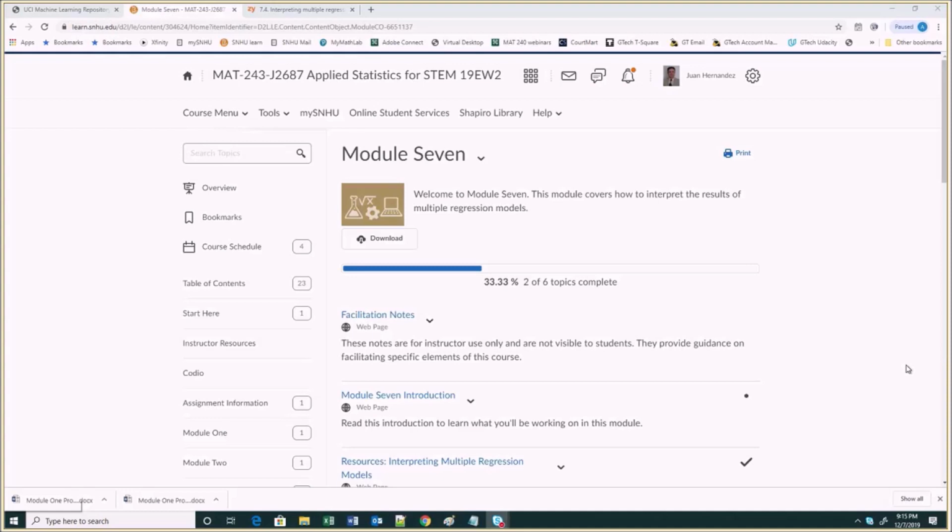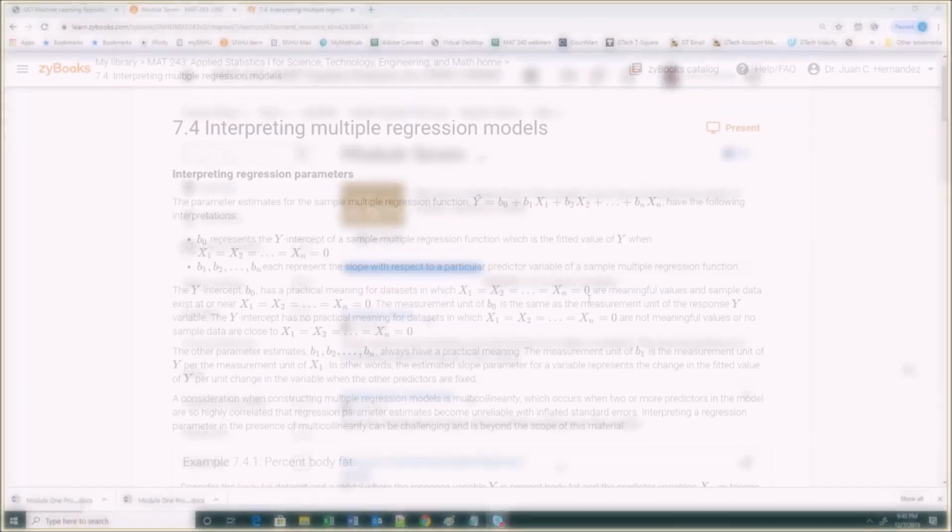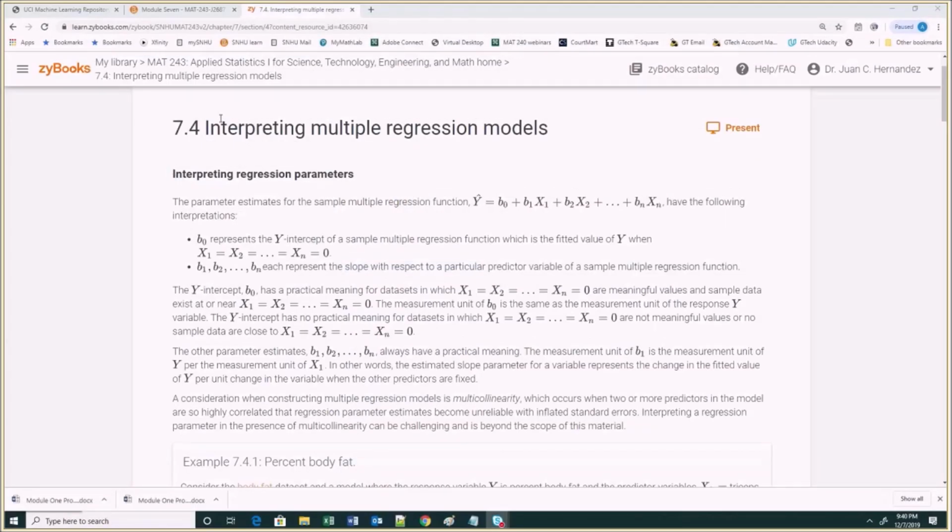This is something that students will likely be doing for almost every multiple regression model that they will encounter, and this is also a part of the project that is due this week. So I have with me Professor Wan, and we will both be going over some examples and explaining some of the conceptual details. In section 7.4 of Zybooks, where we will be interpreting multiple regression models, let's take a look